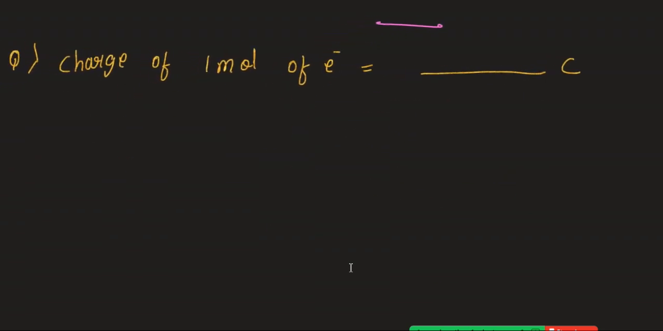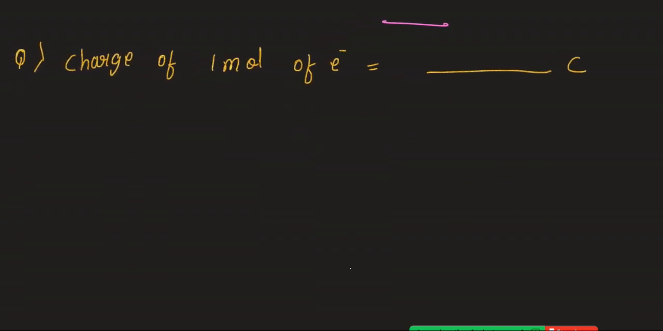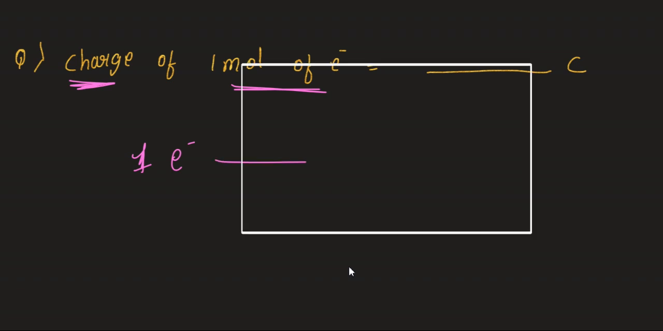Coming to the next question, write down the next question. What they are asking: charge of 1 mole of electrons. Written the question? Right. So just try to understand. They are asking to find out the charge of how many electrons? 1 mole of electrons. We know that 1 electron's charge is